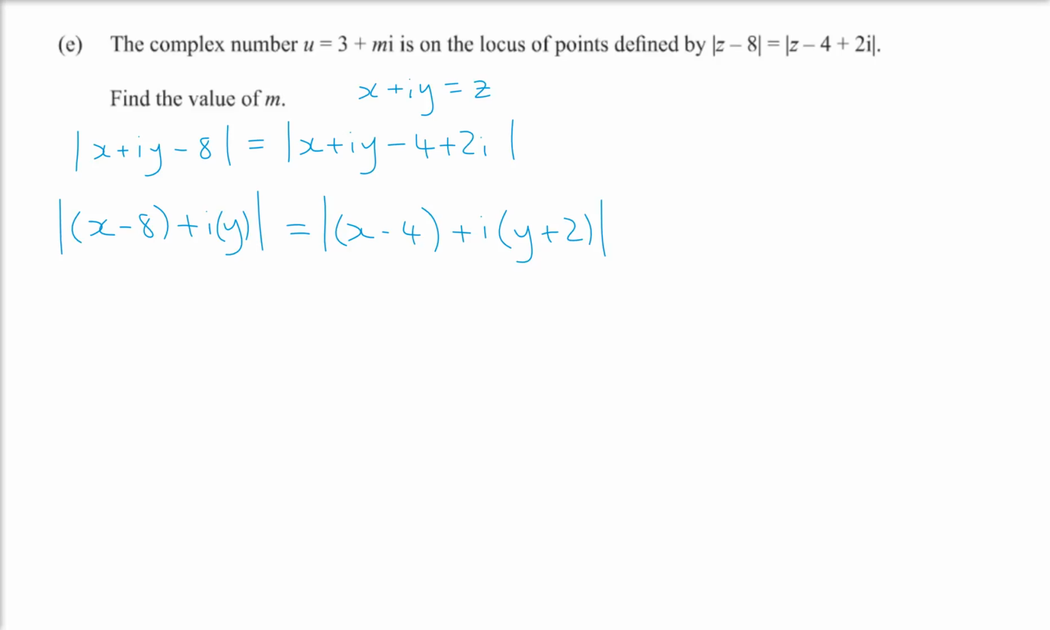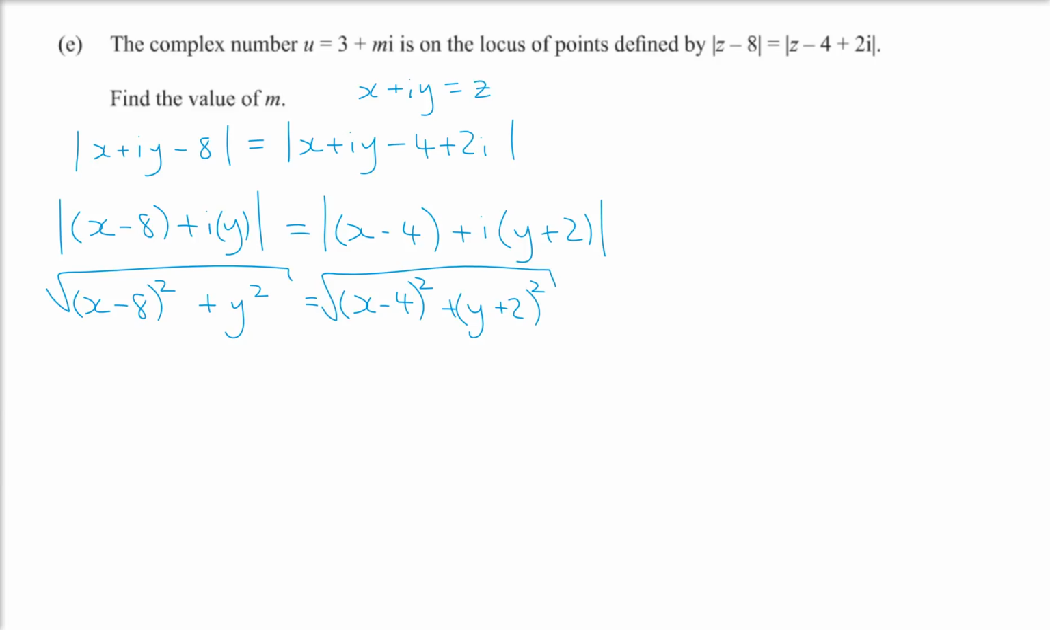Now what I'm going to do, talk about the modulus. So it's going to be the square root of x minus 8 squared plus y squared is the same as the square root of x minus 4 squared plus y plus 2 squared, and we're taking the square root of that because it's the modulus. Now when we square both sides, we can say that we're talking about that there. And now it's just a matter of